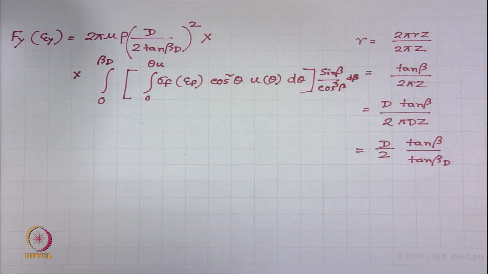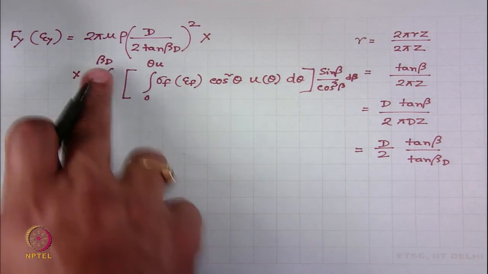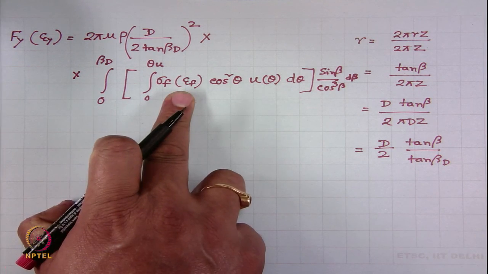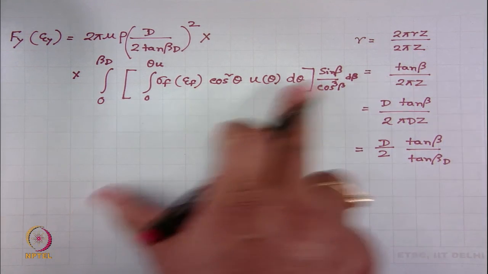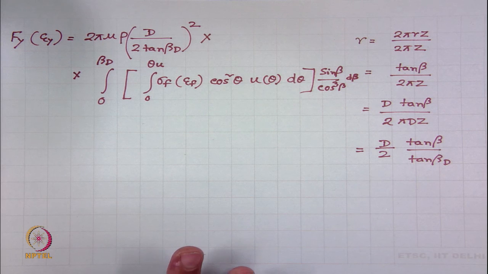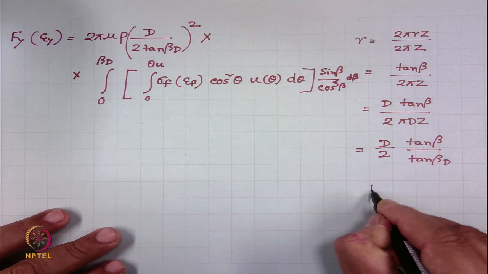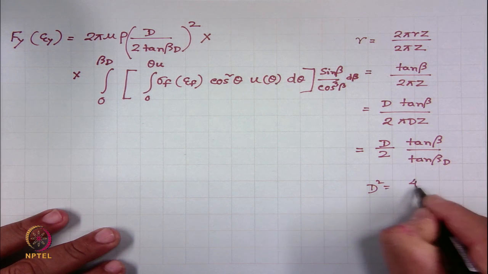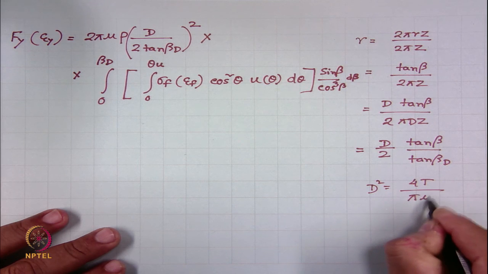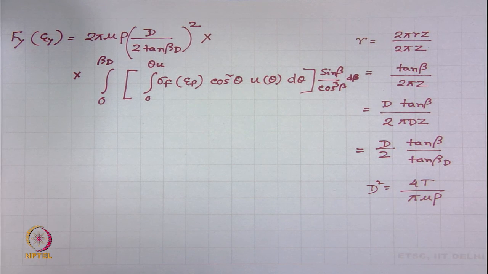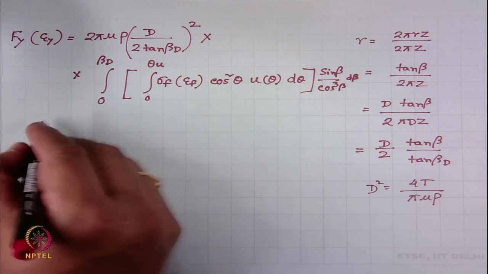relatively long: 2 pi mu into rho d by 2 tan beta d square, 0 to beta d, sigma f epsilon f cos square theta u theta d theta, sin beta by cos cube beta d beta, right. Now, you substitute one more relation, that is your d square is equal to 4 t by pi mu rho. If you substitute that, then what you will see, you will obtain